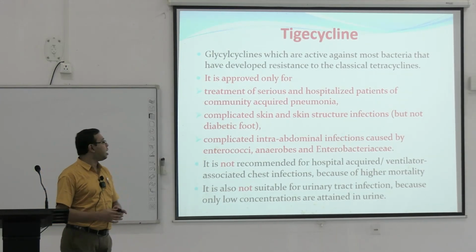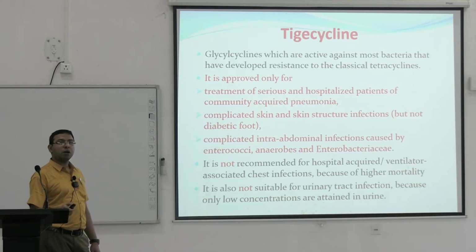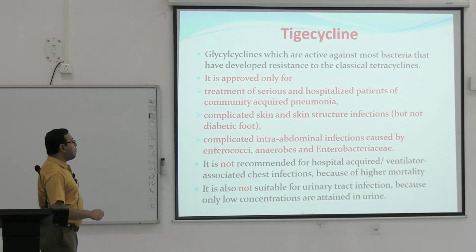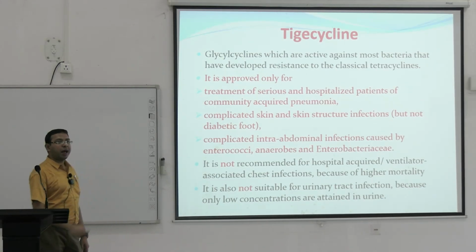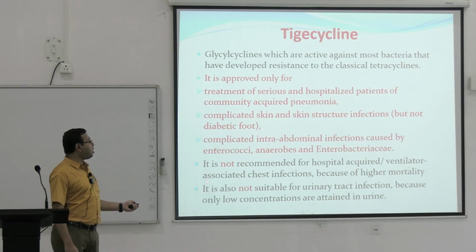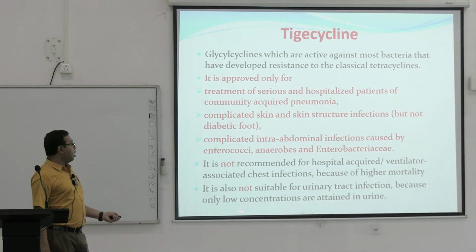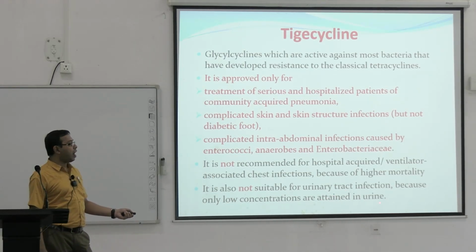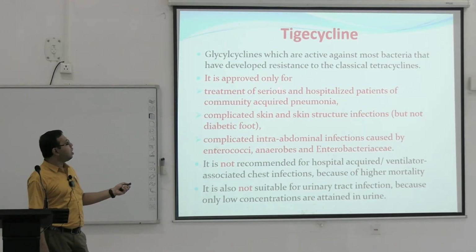Complicated skin structure infections, not diabetic foot, it can be used here, but not infections due to diabetes. It is not recommended for hospital acquired or ventilator associated chest infections because of the higher mortality that has been seen. It is also not suitable for urinary tract infections because only low concentrations are achieved in urine. So only this should be used in the treatment of the